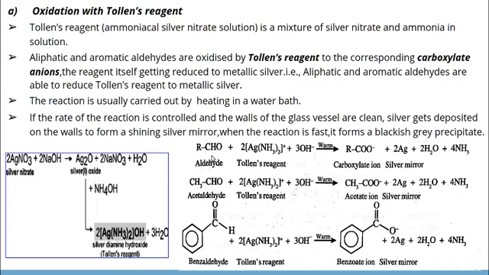So here we have the reaction of aldehyde with the Tollens reagent. Tollens reagent is represented as the silver ammonia complex ion, Ag(NH3)2+. Here the reaction medium is basic. We have hydroxide ion. So in a heating water bath, that means under warm condition, the aldehyde will get oxidized to carboxylate ion, and the Tollens reagent itself undergoes reduction to silver mirror or metallic silver that will deposit on the walls of the vessel.